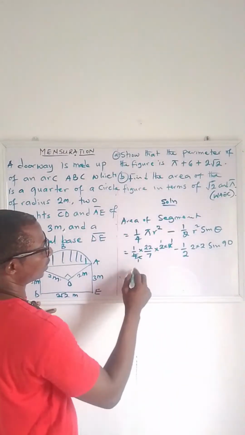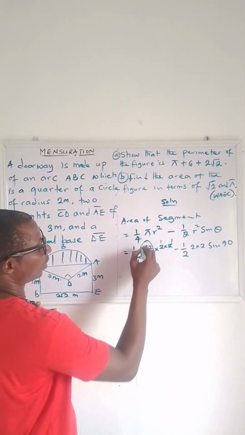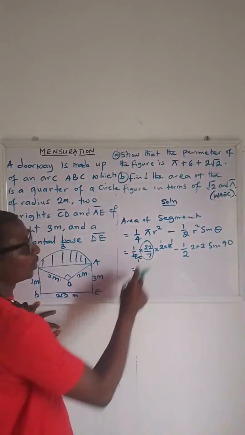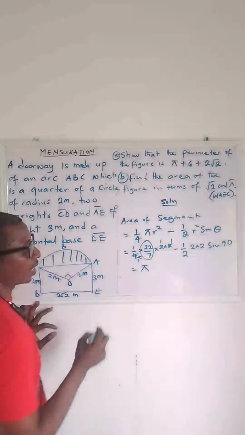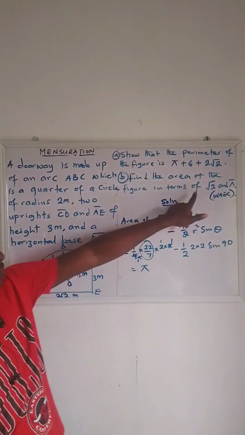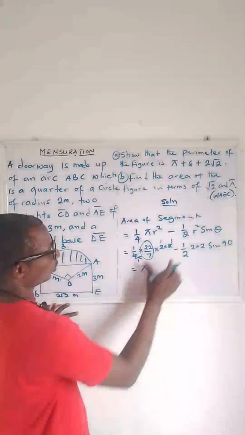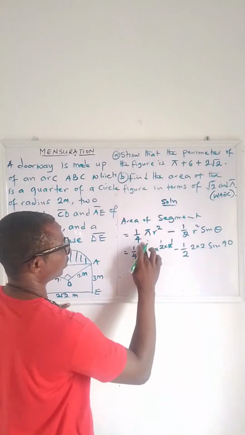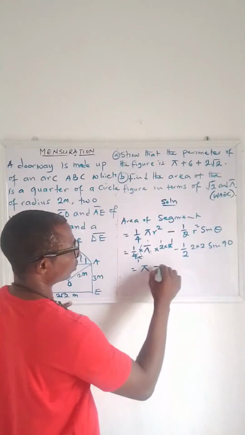At this side we have your pi. Don't forget, we are not supposed to use 22/7. We are supposed to leave it in terms of pi, because the question says your answer should be in terms of pi. So let's clean this and just write pi. Okay, that's pi, minus